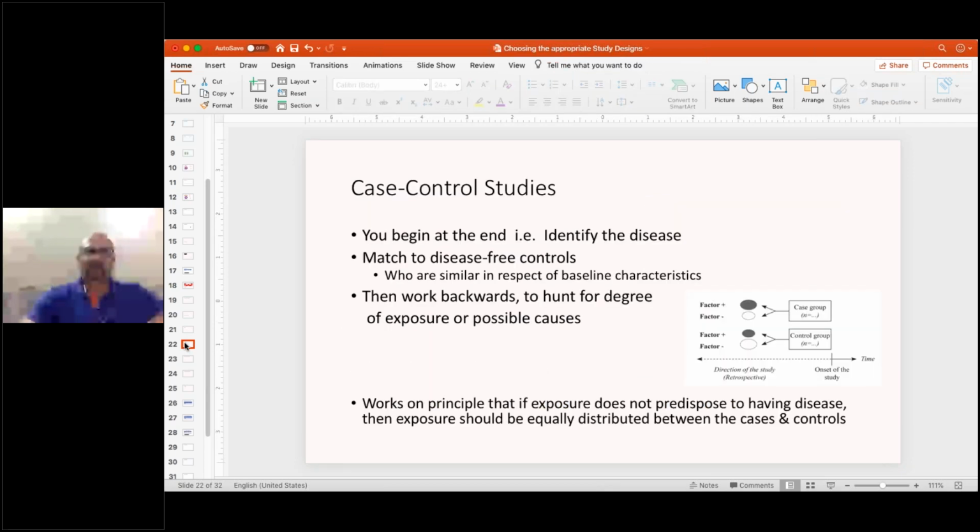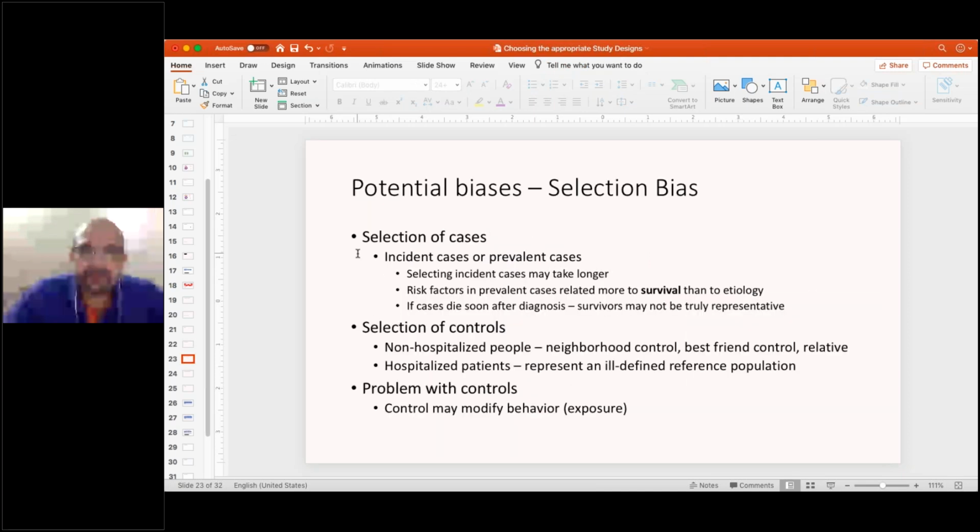So there are some potential biases in case control study. The most important one is a selection bias. When we take incident and prevalent cases, we always keep thinking whether we shall take the incident cases or the prevalent cases. Incident cases means people in whom the disease is newly being detected, and prevalent cases means those who already have the disease. For example, if we are studying blood pressure or hypertension and we take cases who have been freshly detected versus prevalent cases who have had hypertension for 10 years.